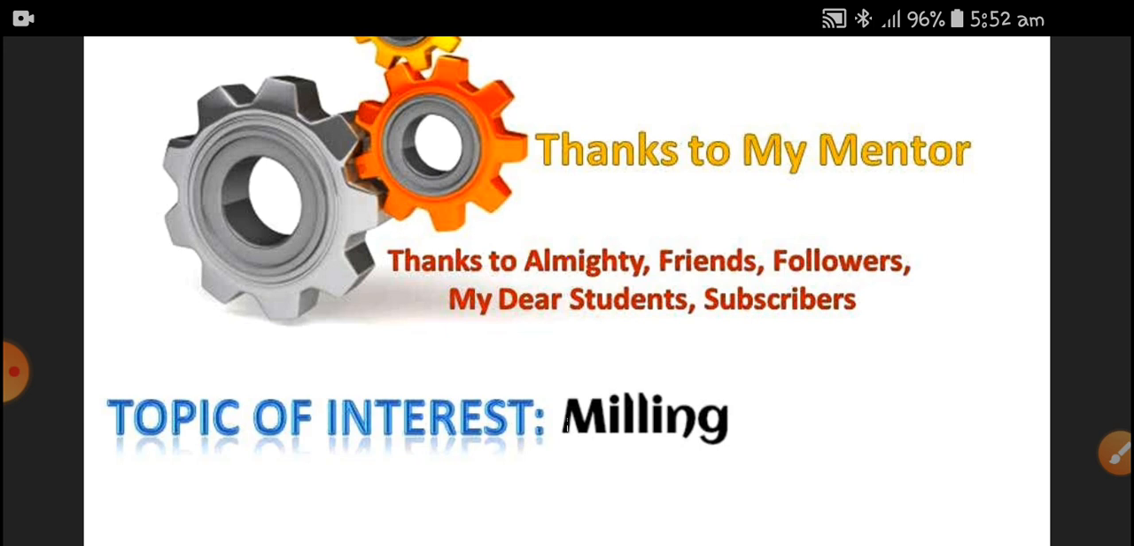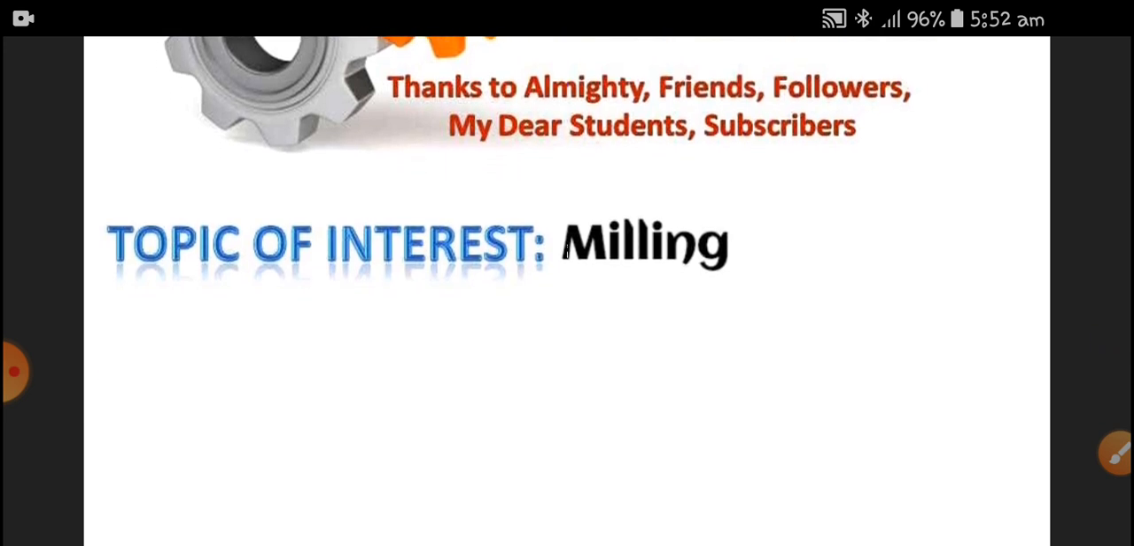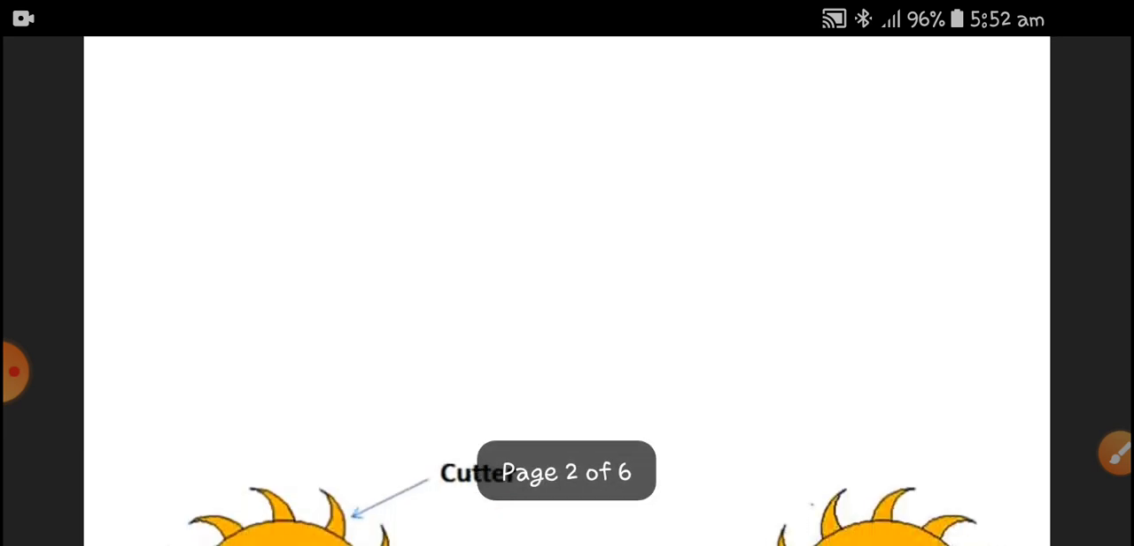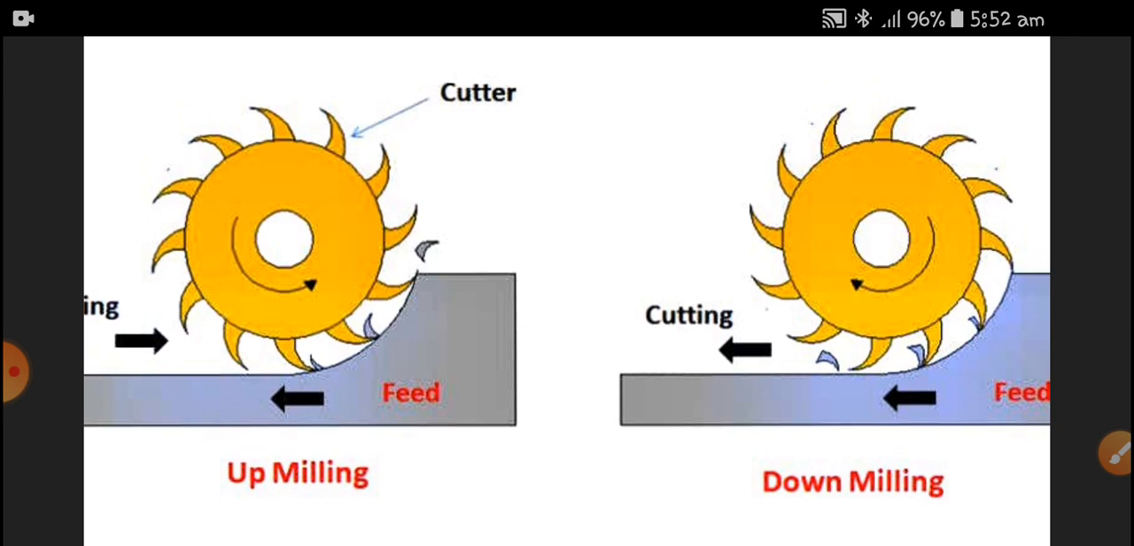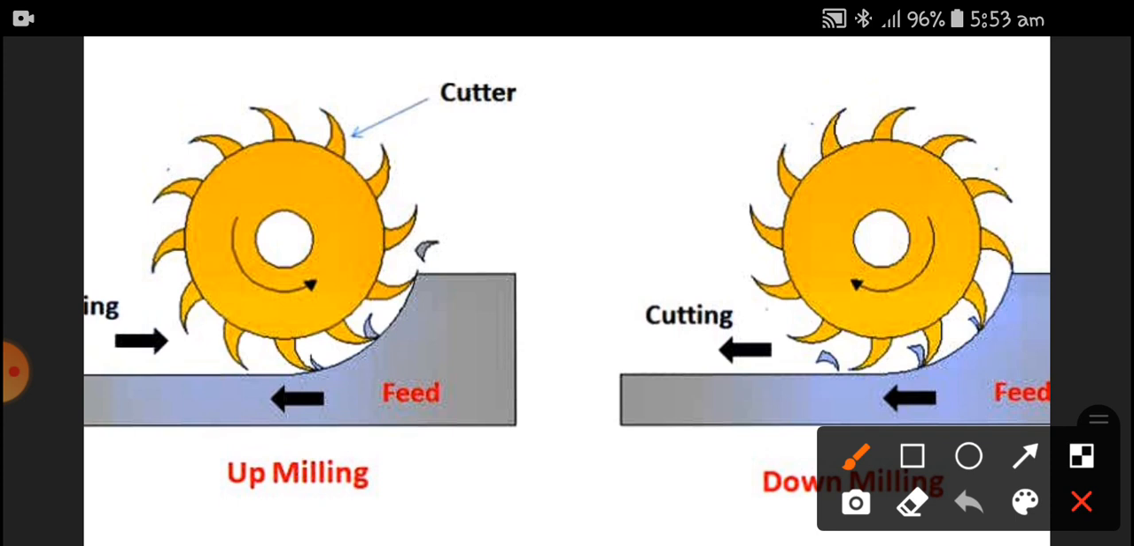Okay, with this information I would like to start milling with the two types of milling process. One is up milling and the other is down milling. I would like to clear this thing. In up milling or down milling, the direction of the cutter and feed is very important. Let us say the feed of the workpiece is from right hand side to left hand side, where the cutter, if it is an